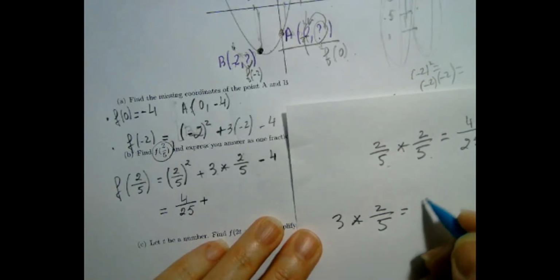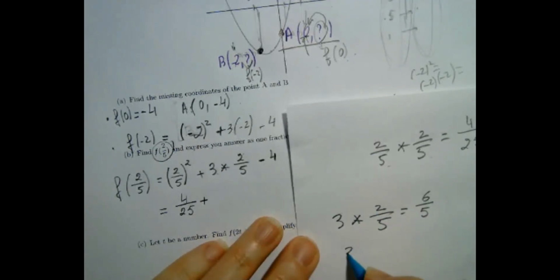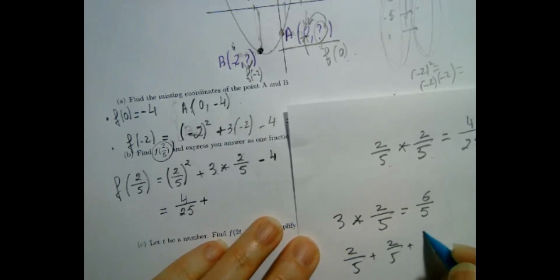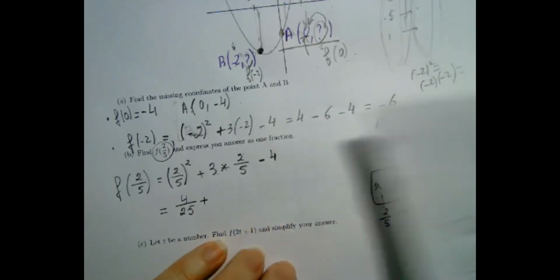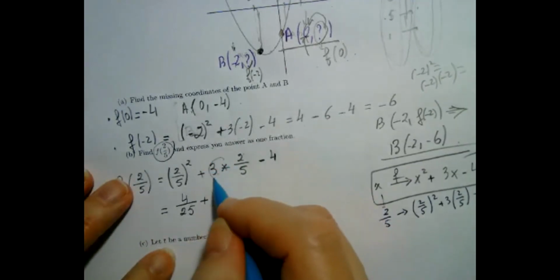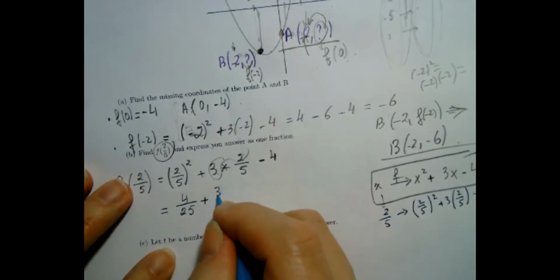6/5. It's 2/5. If you ever forget, it's 2/5 plus 2/5 plus 2/5. That's really what it is. That's what 3 times it means. It's how many fifths? It means I have 6 of them. Or you multiply 3 times 2. So I'm going to do that. It's 3 times 2 over 5